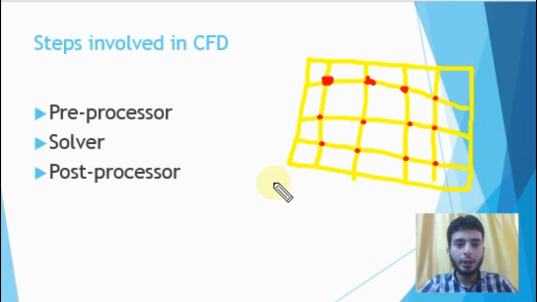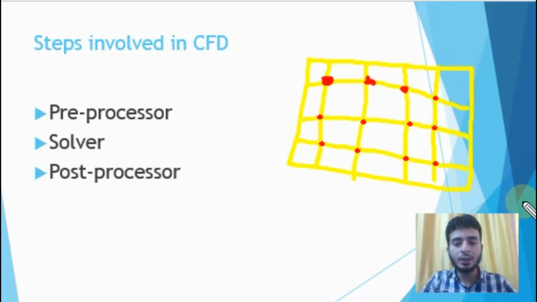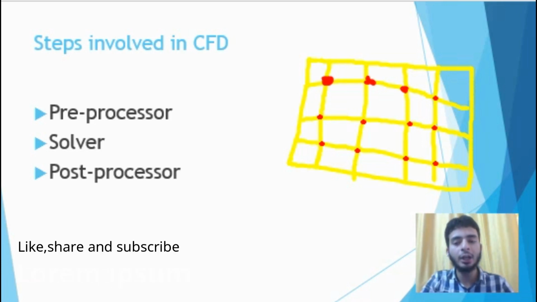The mesh quality must be excellent for getting good results. At this point of time, you might think the nearer the mesh points are, the more accurate the results are, but it is not so. In the upcoming videos, we will address why this is not true. There are various discretization methods to solve the partial differential equations, namely the finite difference method, finite element method, and finite volume method. In this course, we are confined to finite difference method only.